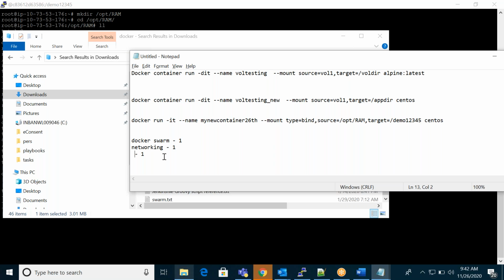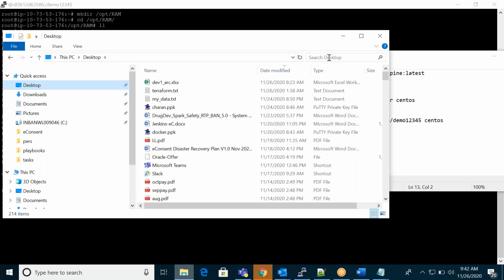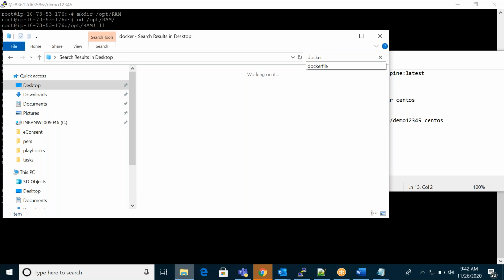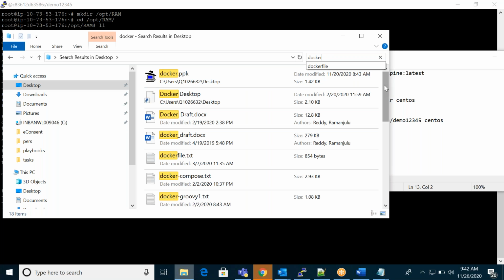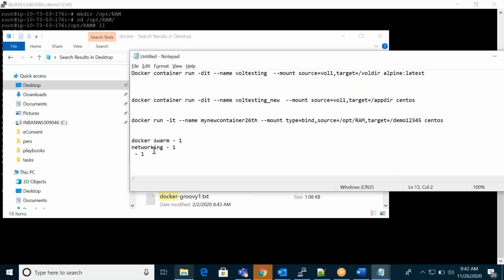So any questions? No, sir. If you don't have any questions, then we'll see tomorrow. In 3 classes we will complete Docker, then we will go to Docker Compose. Docker Swarm is a kind of cluster. Networking means networking.